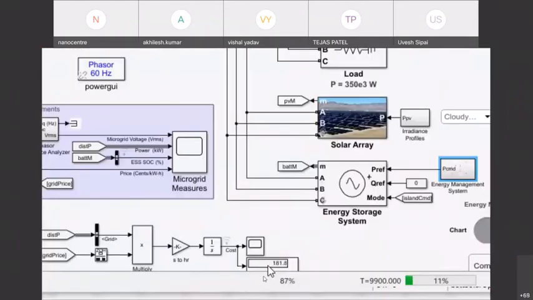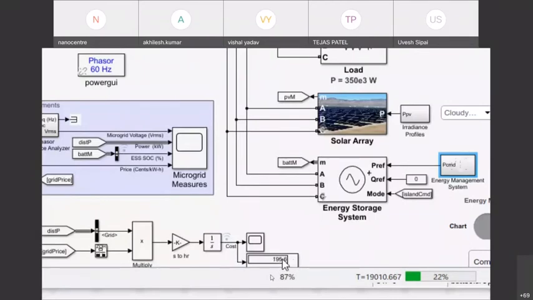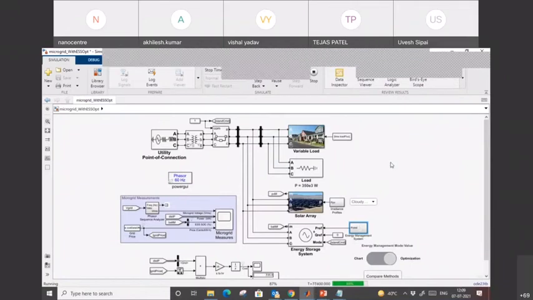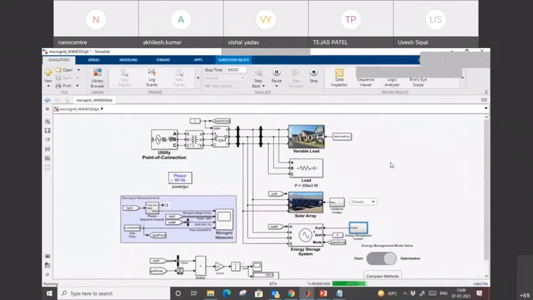We can check the cost directly in the display block, per hour or per time with respect to the simulation. So 34% is done, still simulating. Almost done. Meanwhile, if you have any questions, you can write in the chat box.